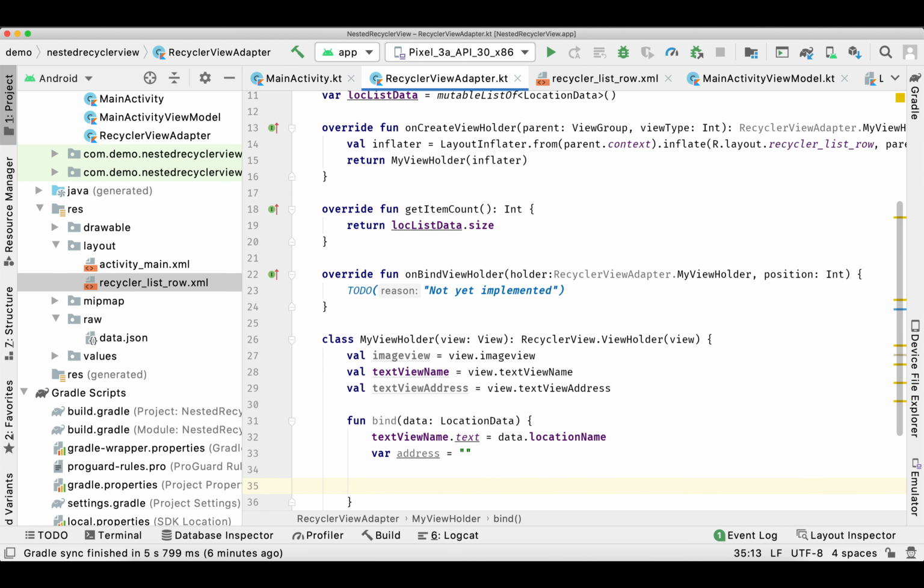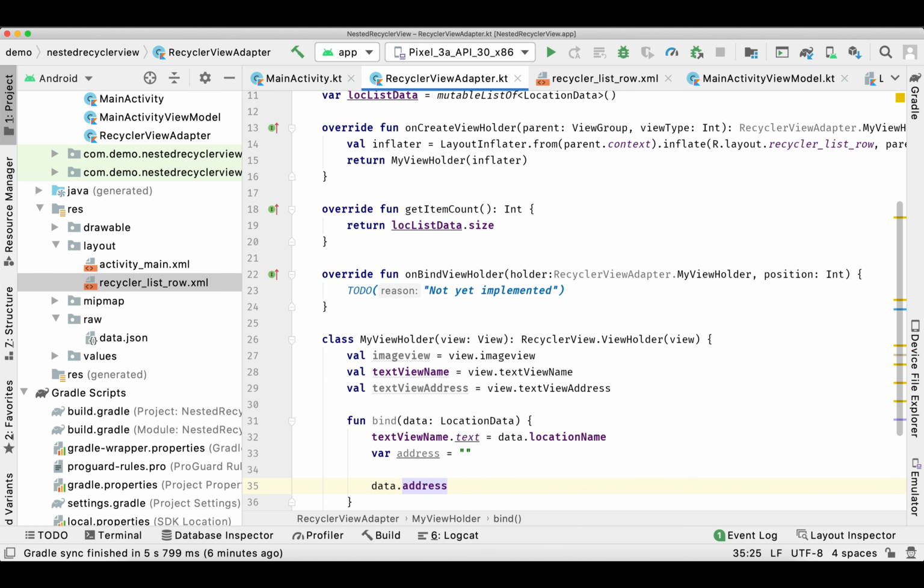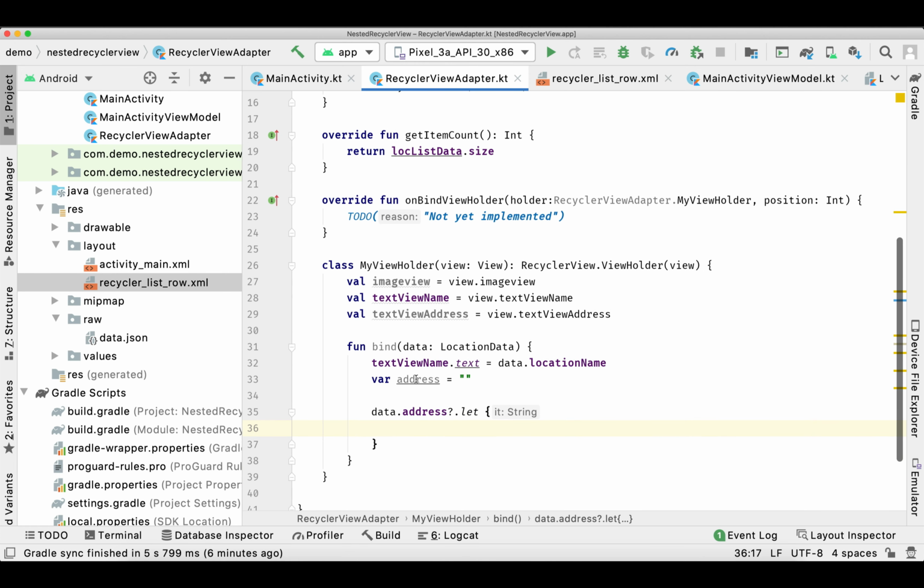We'll build the address because all the parameters we need to set on to one text view as comma separated. So we'll build that address first because it is in multiple parts.